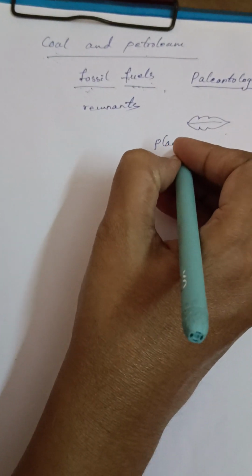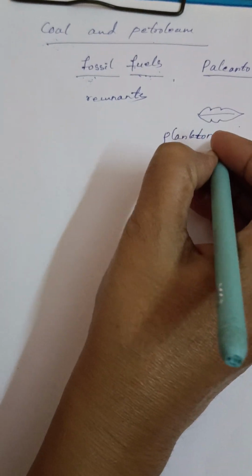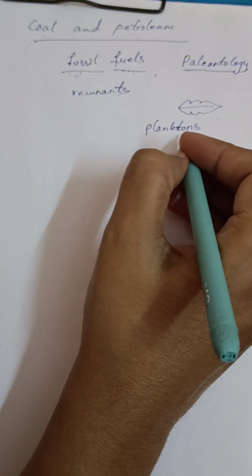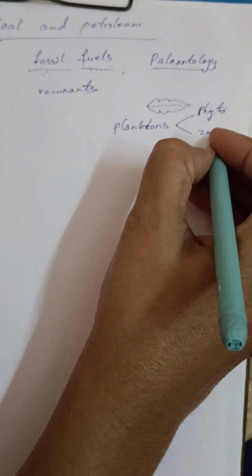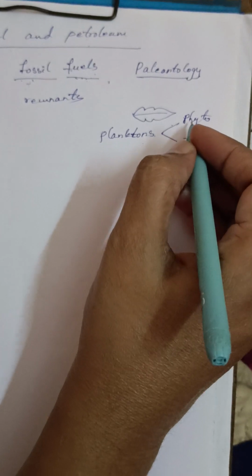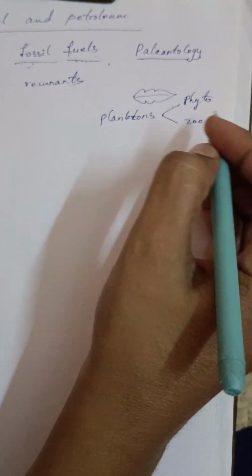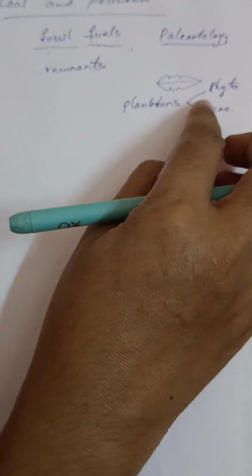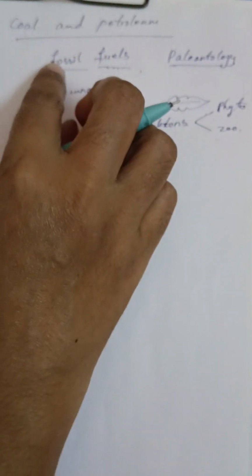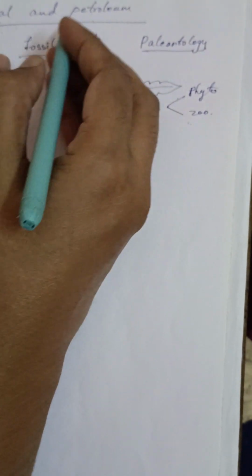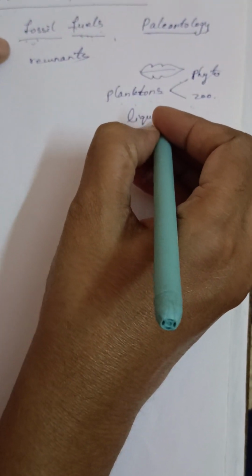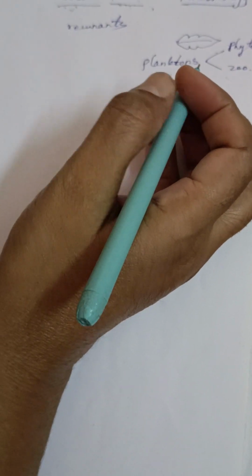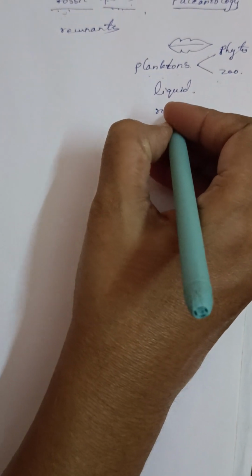What do we call planktons? Plankton means the organisms that live inside the water. We have two types of planktons, phytoplanktons and zooplanktons. These are small organisms: small aquatic plants and small aquatic animals are called planktons. When they die, they are converted into fuel, that is, fossil. That fossil is nothing but petroleum. It is converted into liquid form and collected beneath the surface, actually found between two rocks.